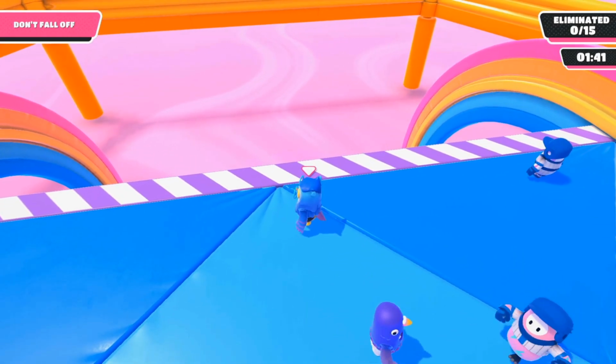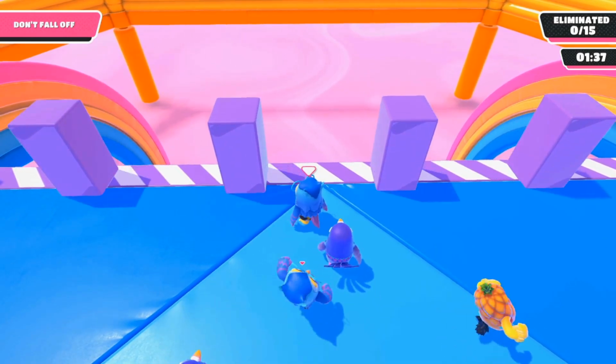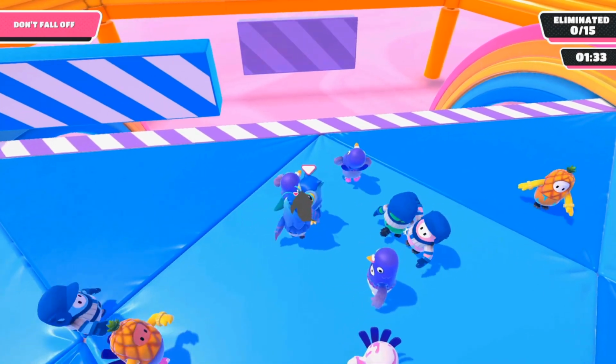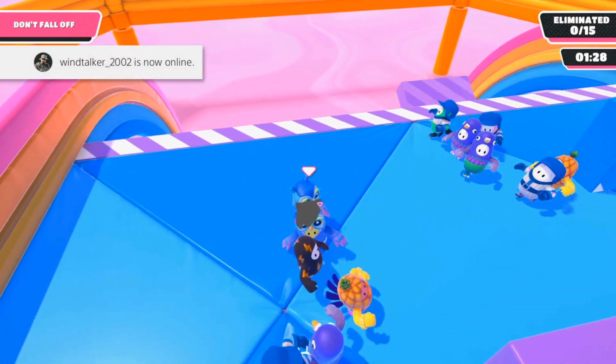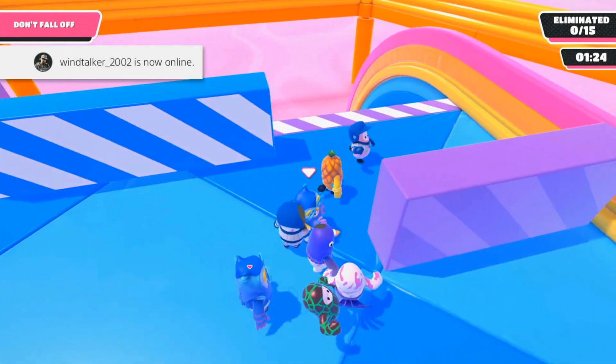But what you want to do here is stand in the front, and literally you don't have to move for a while. You see my friends trying to knock me off. We're all just trying to knock each other off. But yeah, this is a pretty easy one. There's not really too much to say about this. It gets a little bit harder. I mean,